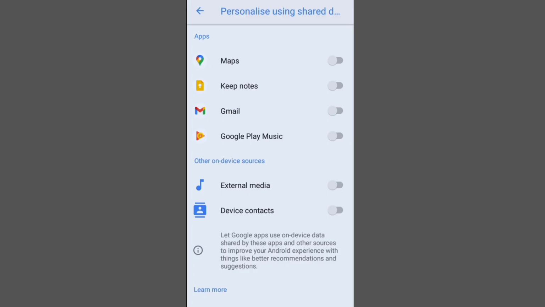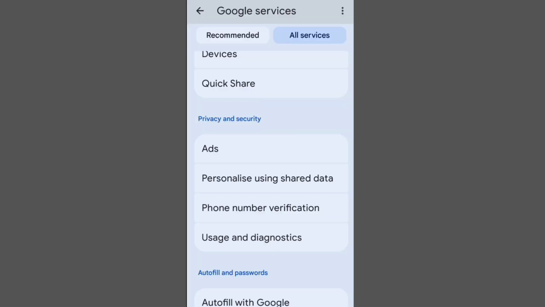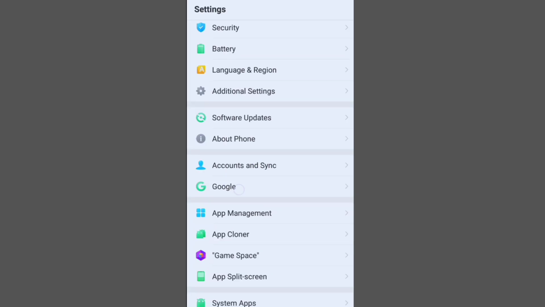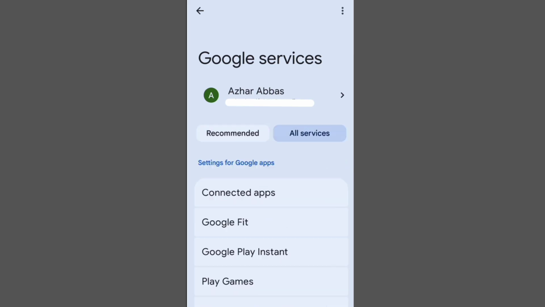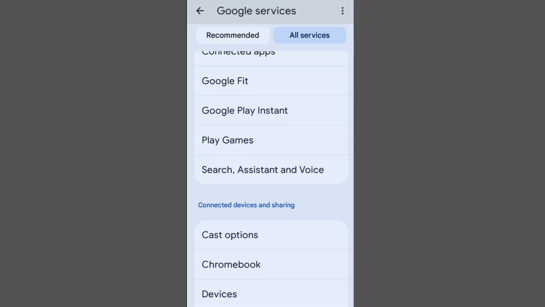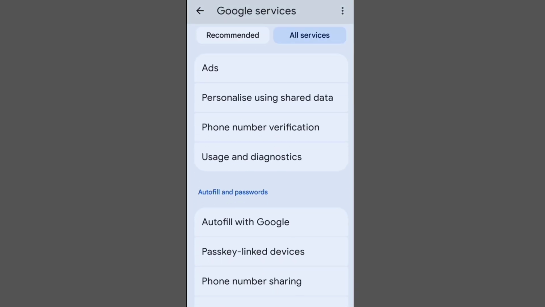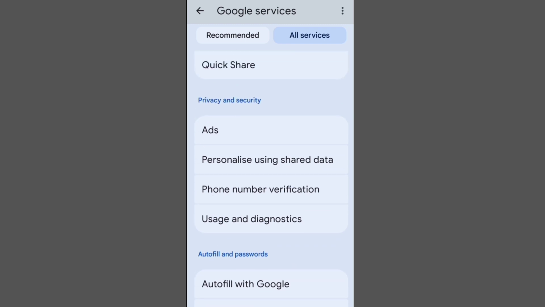You have to go back again on that Google option. Click on that Google option. Go to all services again. Scroll down again on privacy and security. Now click on usage and